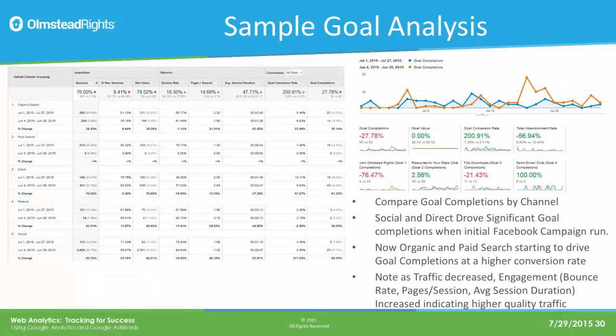And this is kind of a sample of goal analysis that I put together. It's pretty small, and I recognize that. But what we just wanted to show you is that this compares July 1st through July 27th to the previous period. That's one of the powers that you can do within Google Analytics. So we just wanted to see what happens. This big spike you see in the orange here is when Tally ran his $200 Facebook promotion.